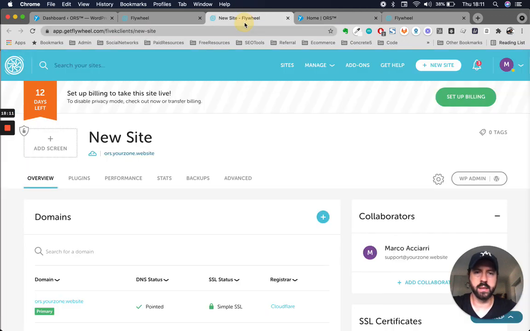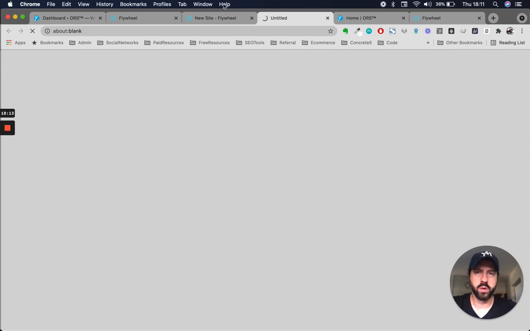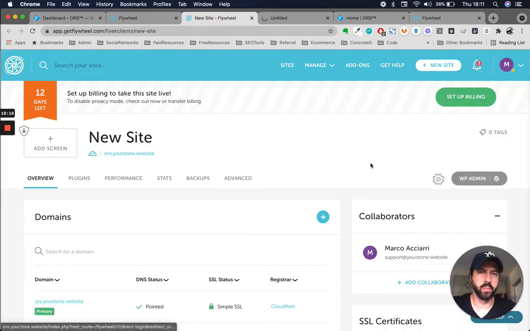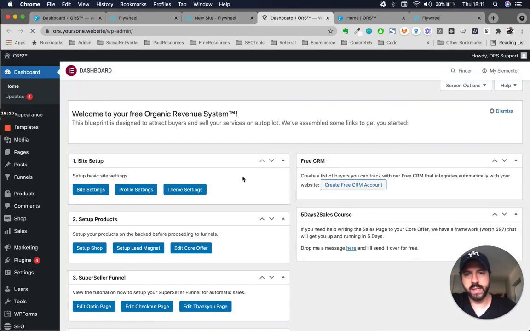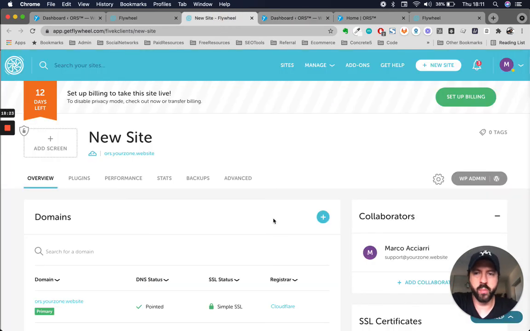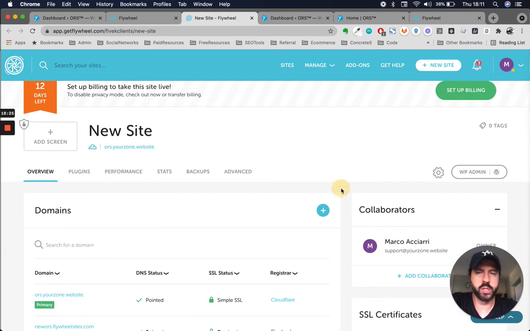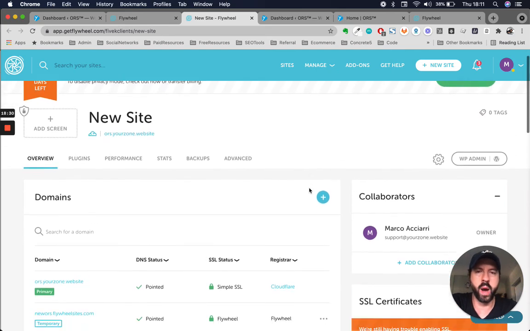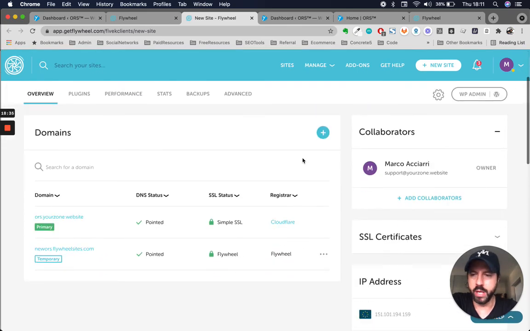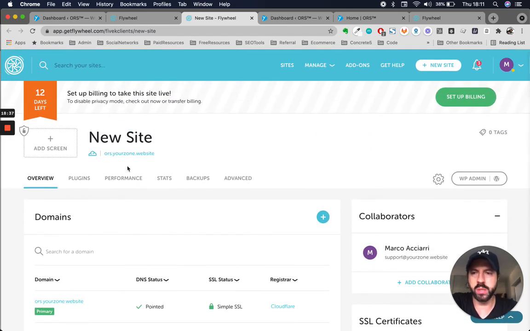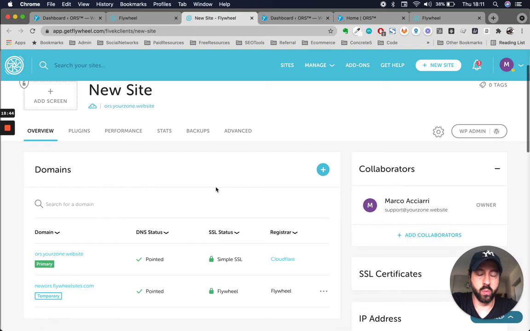And basically that's it. If you want to log in with your new domain, you just go to your dashboard, click WP admin, and as you see, what's awesome about Flywheel is that it's really easy. The only problem is it does not offer domains. You can't buy domains through it, so you have to buy your domain elsewhere. But this is so easy to use that I don't know why you wouldn't want to use Flywheel. The lowest plan is only $15 a month, and I think it's totally worth it,